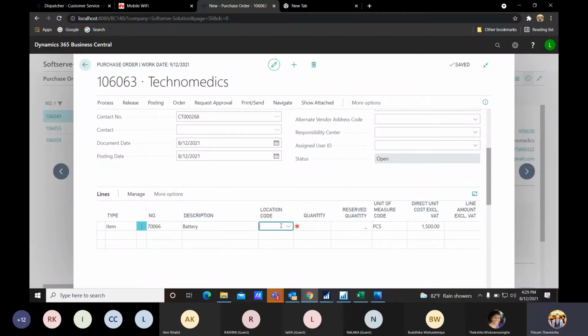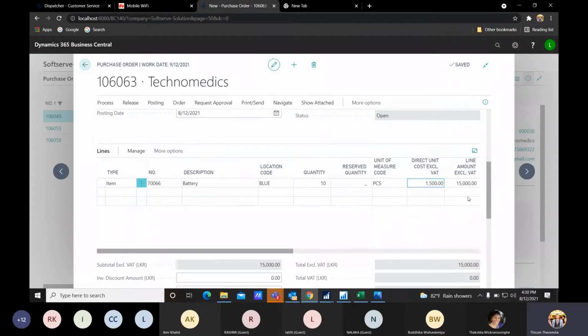Okay, then we can enter a location code. I will select the blue location, and then we can enter a quantity, right? How much quantity you are going to purchase, and then the direct unit cost would be automatically loaded from the item card, right? The item card consists of the unit cost, the unit price, every detail.